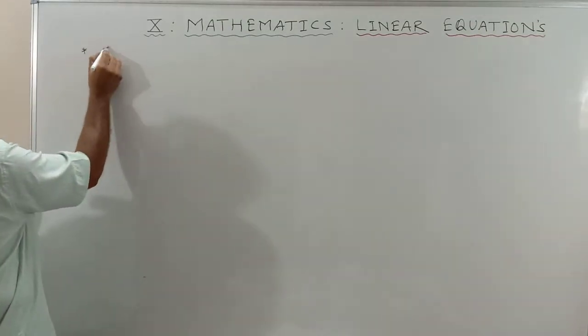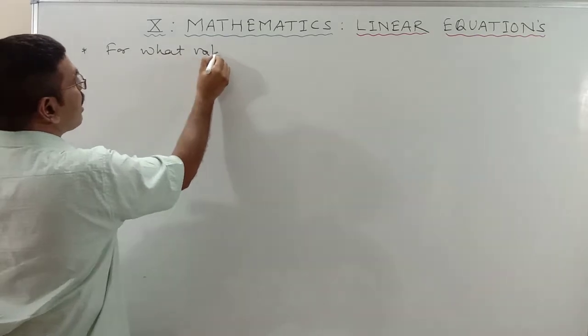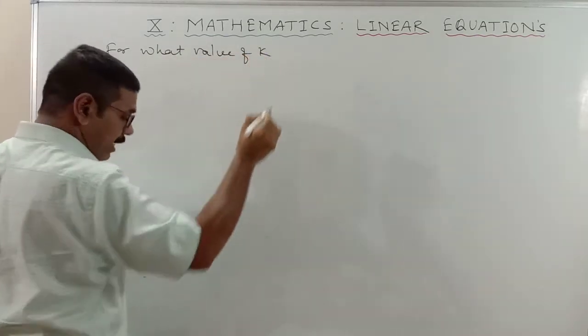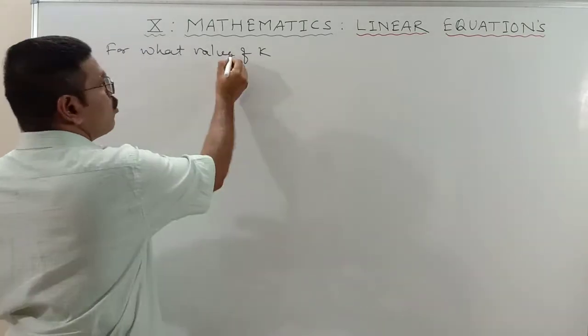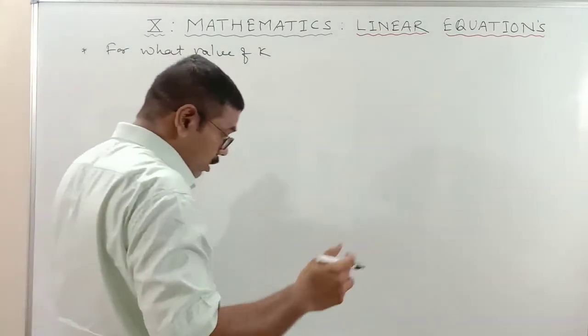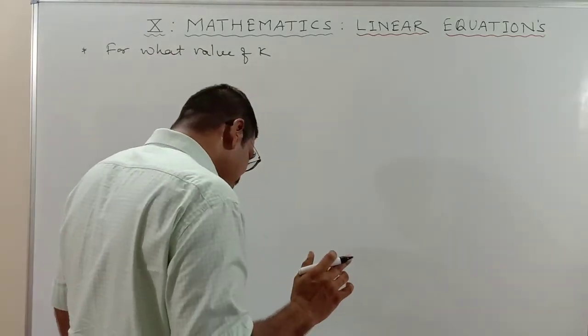For what value of k? Value of k. It may be values. Values भी हो सकता है, value भी हो सकता है. That God knows. अभी तो हमको पता नहीं है. Is it clear? So for what value of k